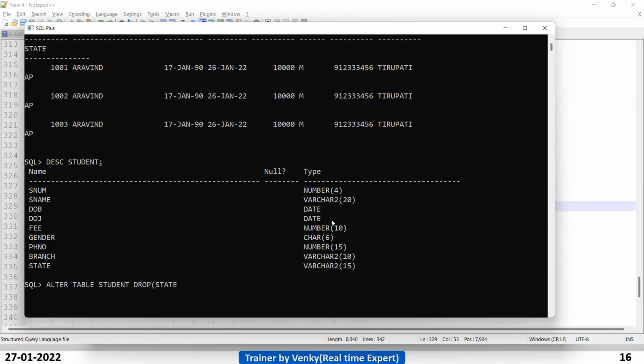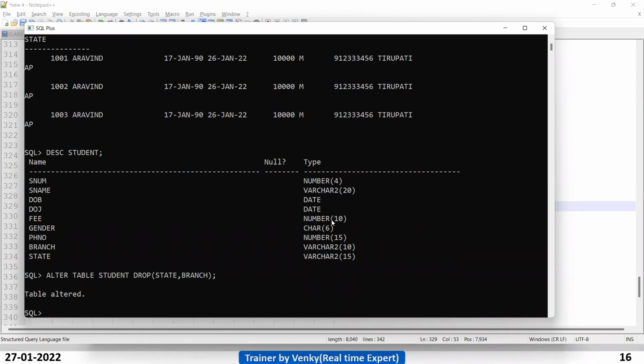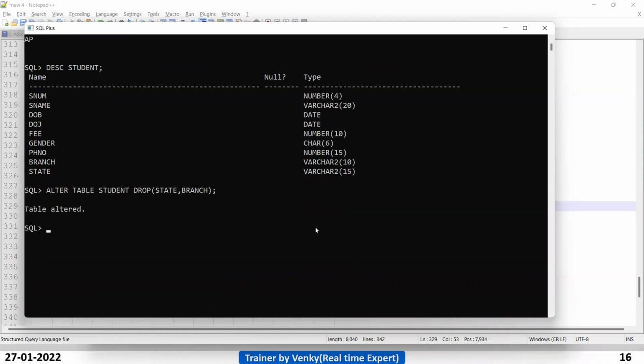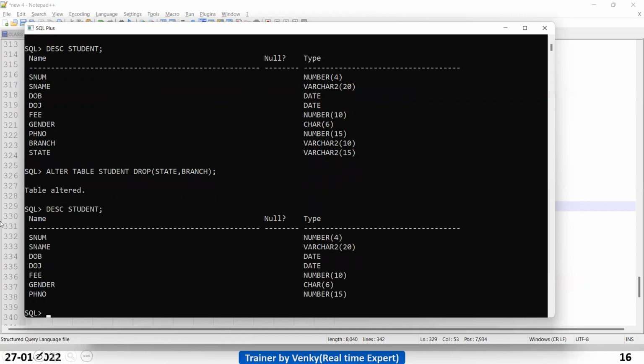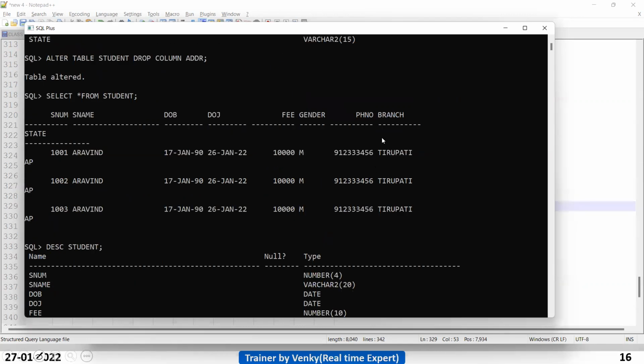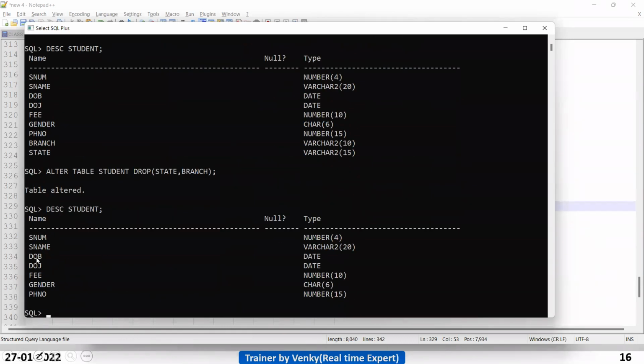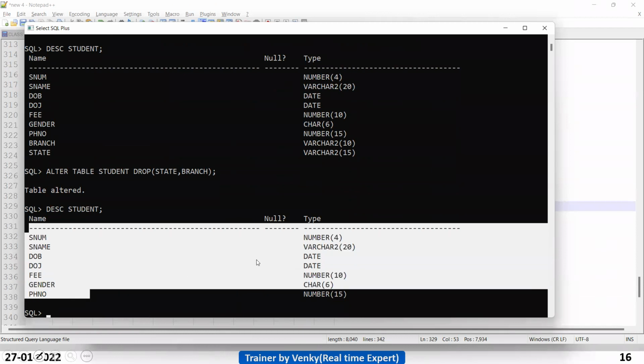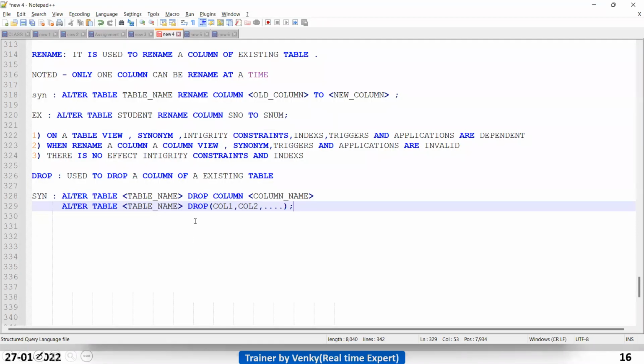Now state and branch. Table is altered. Previously we had branch Tirupati and state AP, so even though data is there, we can drop a column. Clear, guys?